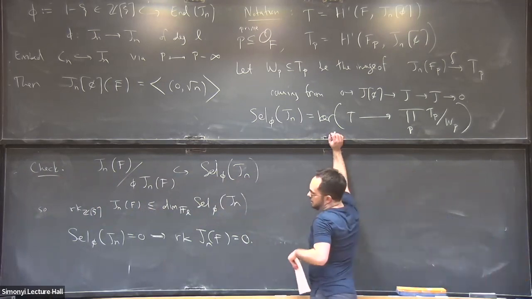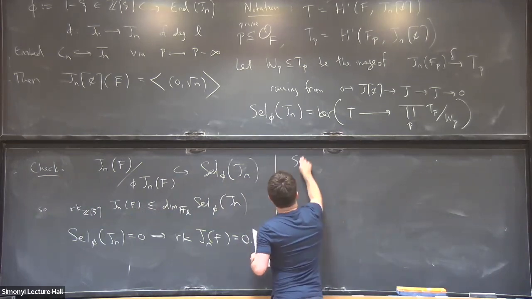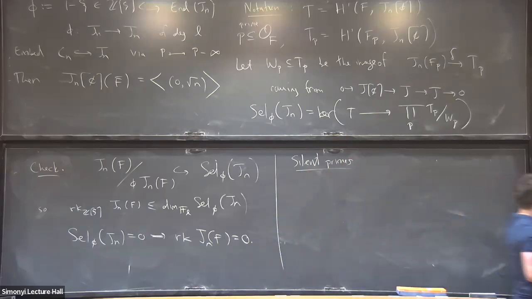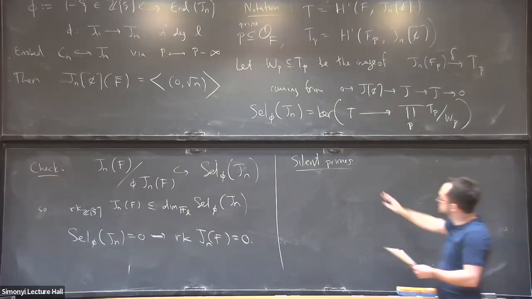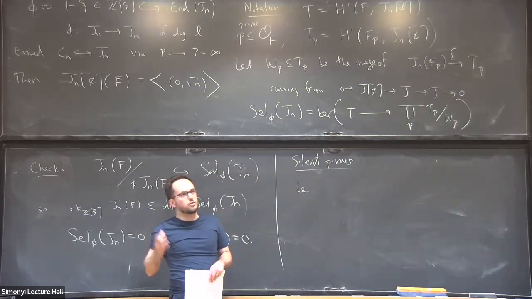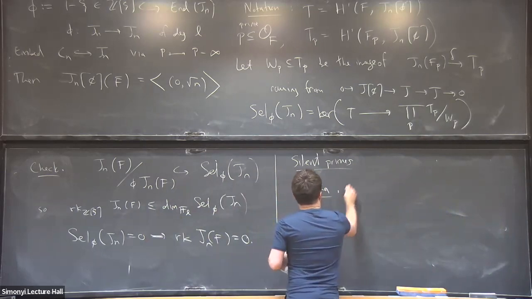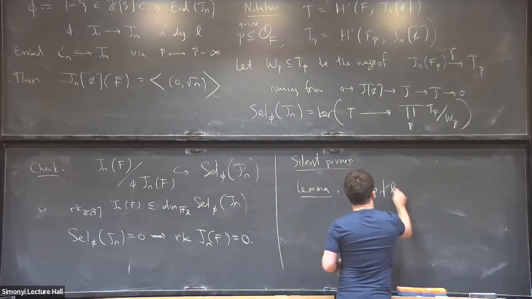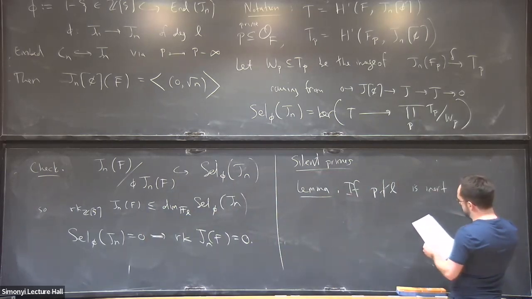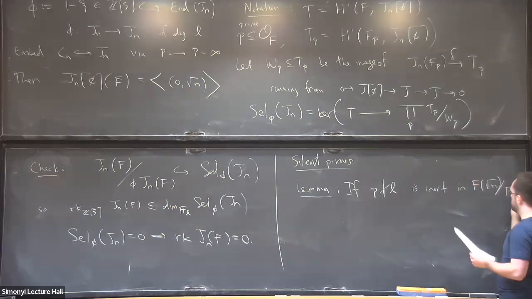And the key player in what follows is going to be this notion of Mazur and Rubin. We're going to use the methods of Mazur and Rubin in our proof, and they have this notion they call silent primes. And this is the key technical thing in this argument, that there are lots of silent primes hanging around. And so here's a lemma. Suppose P is a prime that doesn't divide L, and suppose it's inert, or ramified, let me just say inert, in this extension. Okay, then